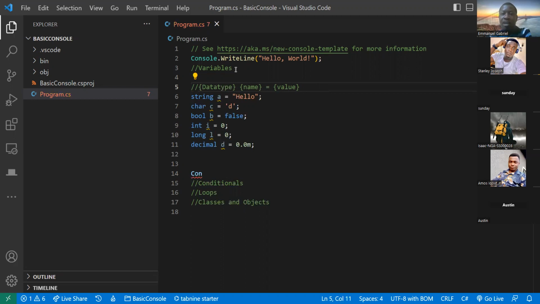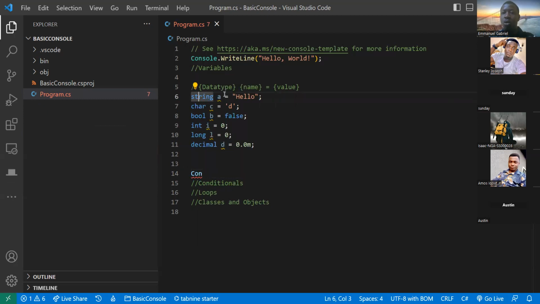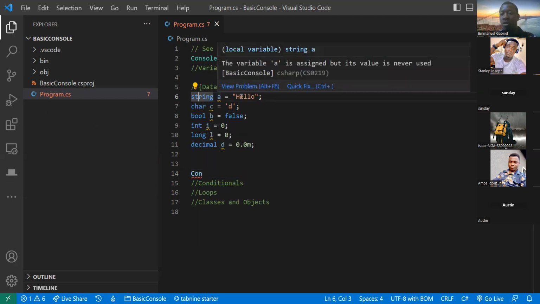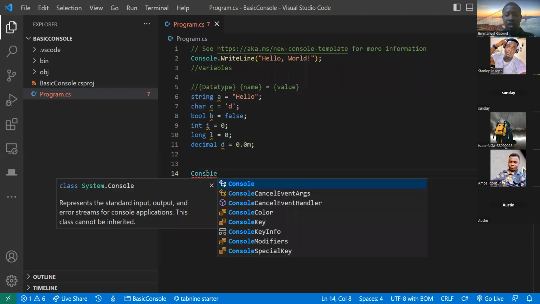So if I want to go and get that container, first off, I want to go get buckets, right? Then what's the color of the bucket, or what's the shape of the bucket? What's the name on the bucket, right? So that's the name. Then what's inside the bucket is the value, right? So we have the data type, what kind of bucket is it? A string. What's the name on the bucket? A. What's the value inside the bucket? Hello.